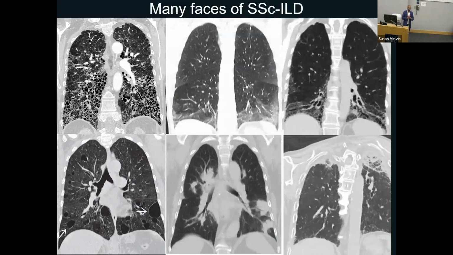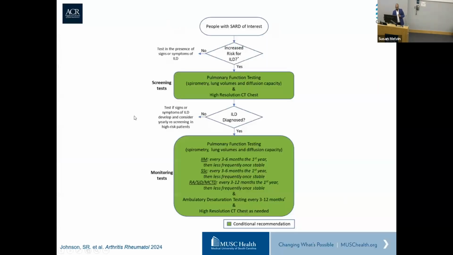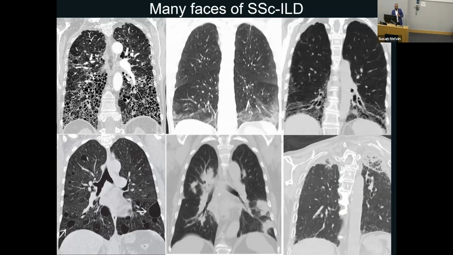What does interstitial lung disease look like? I've given you a snapshot of different CT scans that you can see within a spectrum of interstitial lung disease. Just to give you a frame of reference, this is what normal lungs look like on a CT scan. They're black because they're filled with air. In a CT scan, the lungs have this grainy black appearance. You'll see these little white lines that course through it. Those are the normal blood vessels that go through the lung.